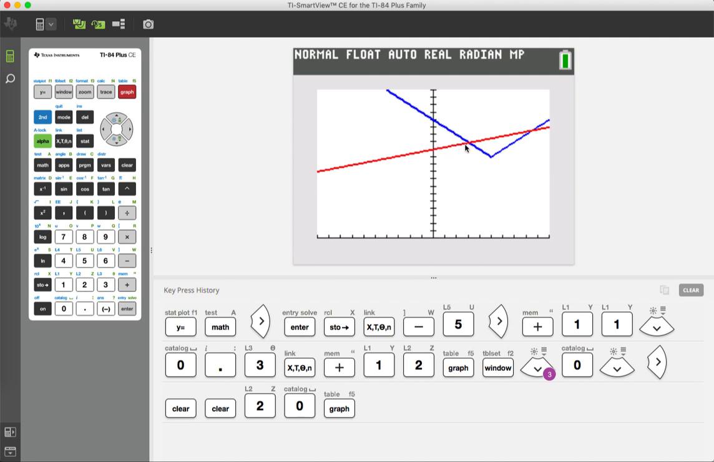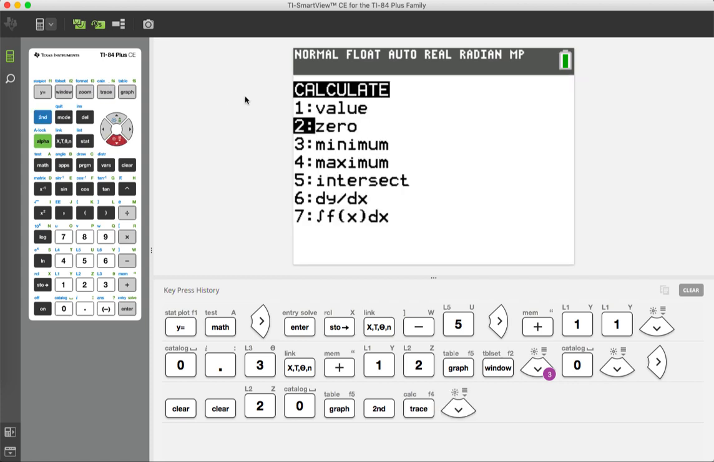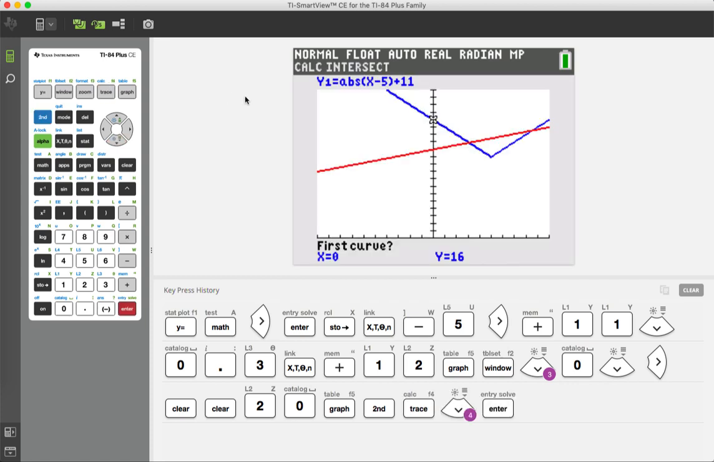Okay, we see there's actually 2 points of intersection here, and we can calculate them both as before, one at a time by going second trace to get calc. Go down to intersect. Now you want to move your cursor near the point of intersection you want to find first. First curve, hit enter. Second curve, hit enter. And guess, hit enter. It'll tell you, okay, one of these points of intersection is x equals 3.076923 and y equals